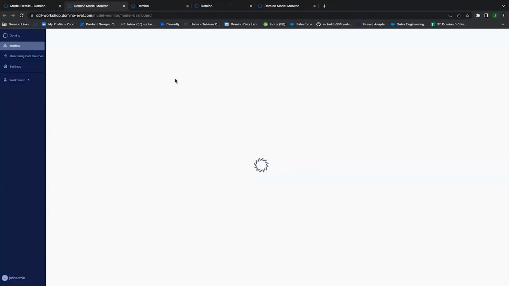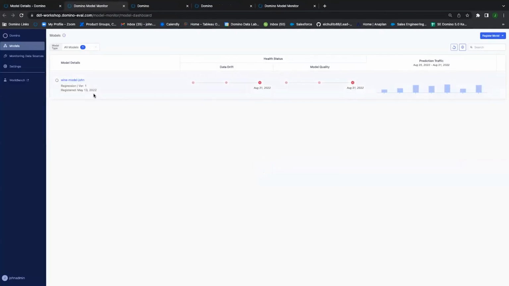If I select this option here, then Domino is going to show me the model that I'm monitoring for that specific endpoint. And it's going to show me a quick overview of the data drift, model quality for the last 3 days. And say, for example, we've had successes or failures. If it's data drift, how many of the features failed with respect to the drift that I'm detecting and monitoring, and the model quality is just the metrics I have set up. And if they failed or they didn't fail, and then within the last 7 days of prediction traffic.